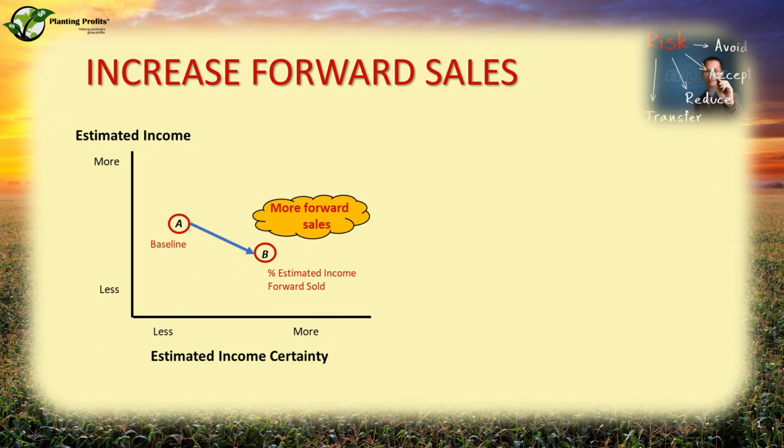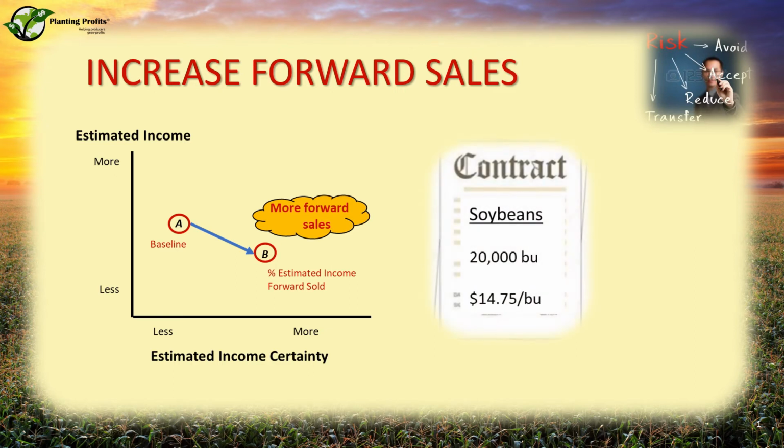Another way to decrease income uncertainty is to increase forward sales for one or more crops, assuming good prices are being offered. It's profitable, and you can produce the required quantity and quality. Let's assume there is an opportunity to contract 20,000 bushels of soybeans at $14.75 per bushel. These are commodity beans, so there's no need to create a new crop for the forward sale. We're trying to decide whether to take the contract or not. To do this,